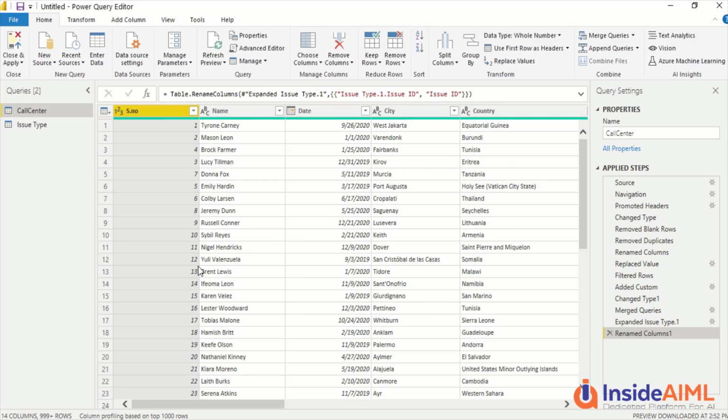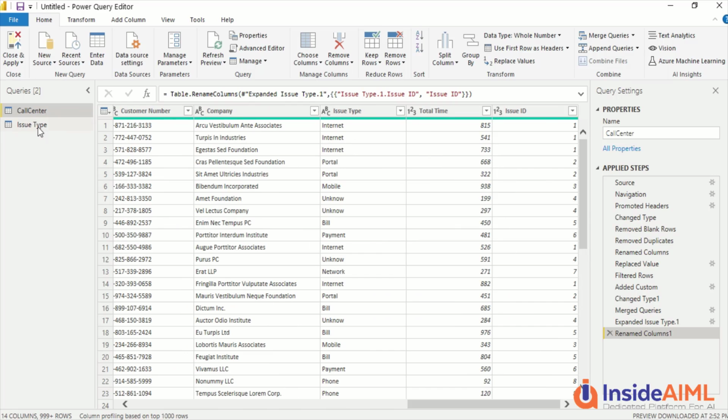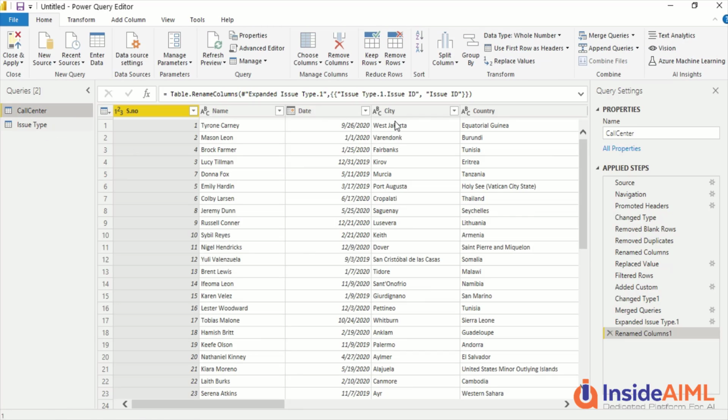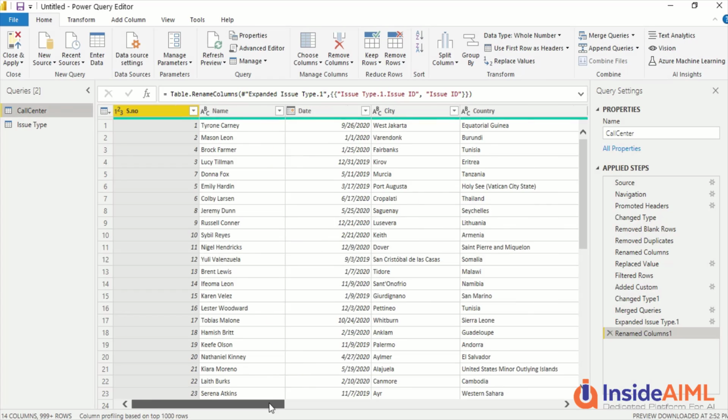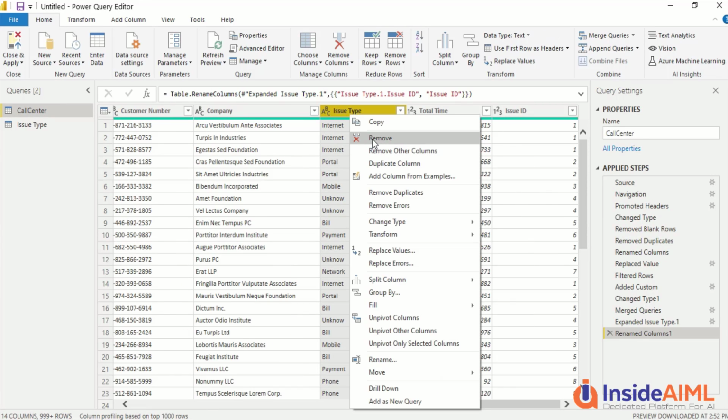We can create new columns, we can merge tables, we can split tables. You have seen we have taken out the data from the table. We can add, remove columns. Like if I'm here and there are some unnecessary columns, like here, if I want to say, okay, now I no longer need issue, I can go ahead and delete issue type. Okay, let's say we will hide it, we will not remove it from it, so I can remove it.